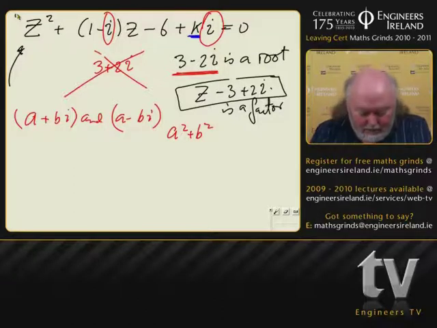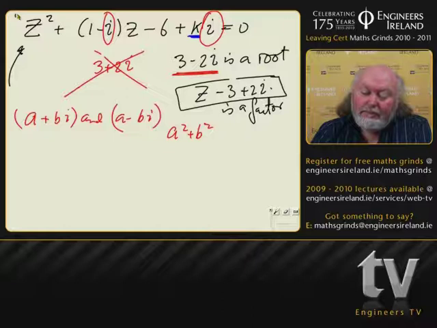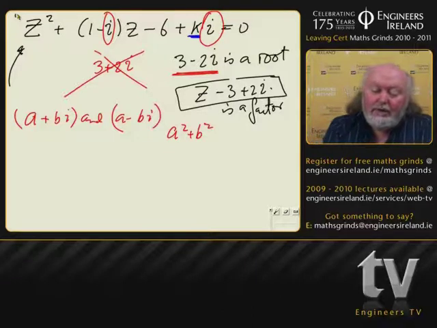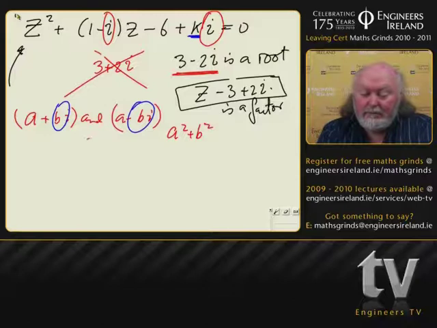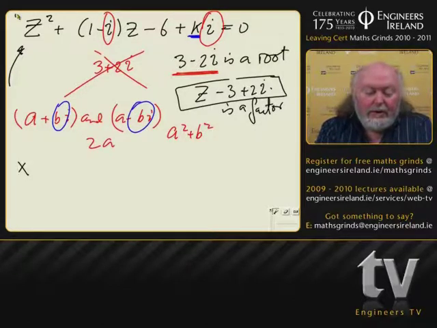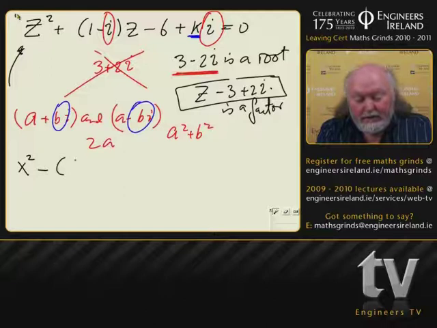And we can also add these together. Now, when we add these two together, this one and this one will disappear, so we're left with 2a. And you know from your algebra with just real numbers that what we actually have is a situation of